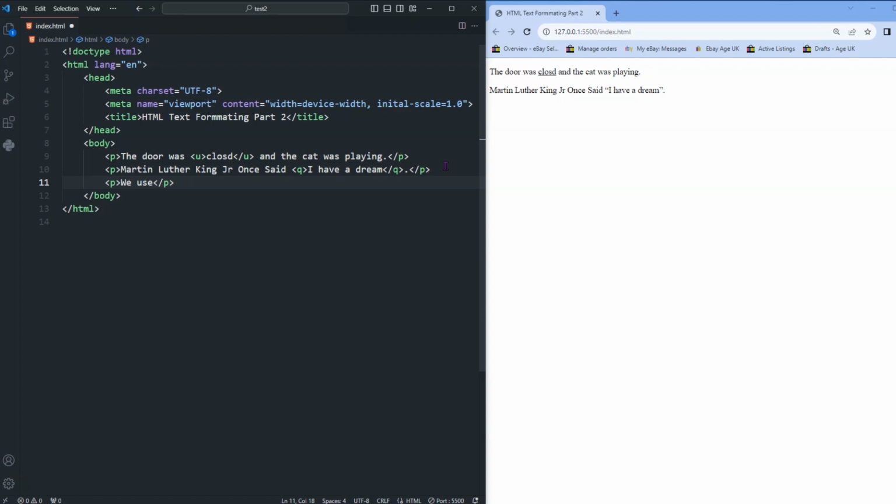We use HTML to create content in our web pages. Okay, so we'll create that. So we use HTML to create content in web pages. Someone's going, well, what's HTML? So in our code,